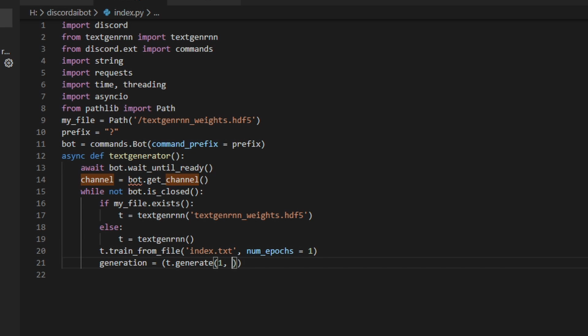Now type generation is equal to, add parentheses, and inside those parentheses type t.generate, then another set of parentheses, type 1, temperature is equal to 0.5. return_as_list and set it equal to True, then comma. After the parentheses put square brackets and inside that type 0. This will generate a string that Discord embed can interpret, which is in between temperature 1, which generates extremely ridiculous and broken grammar, and temperature 0.1 with extremely plain